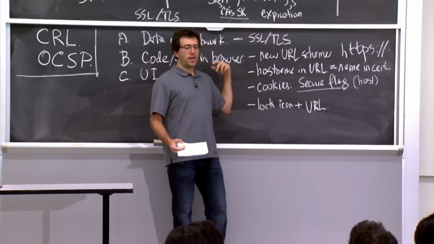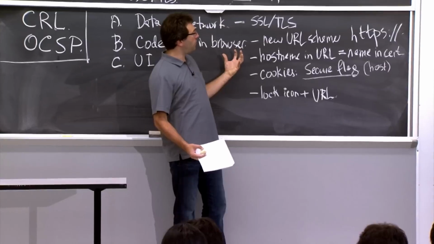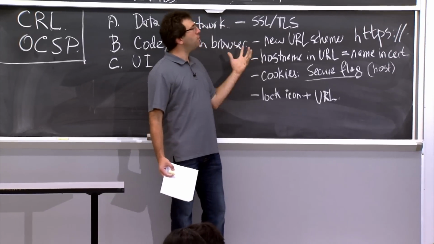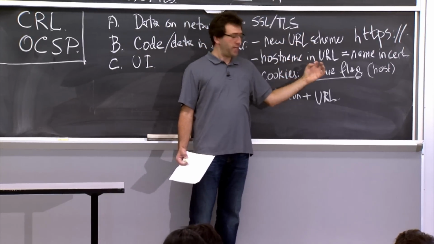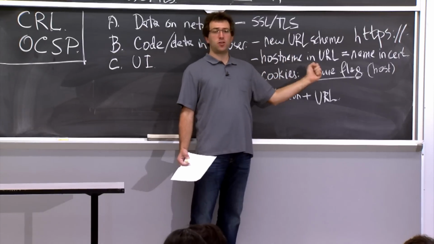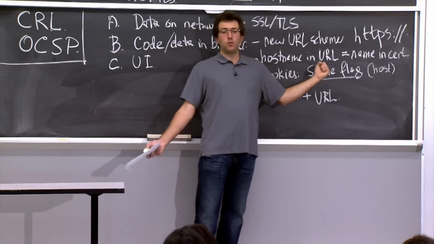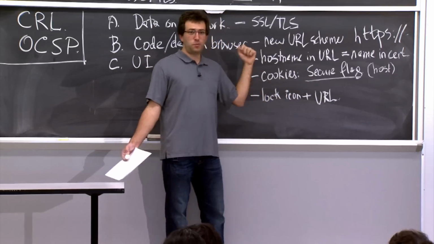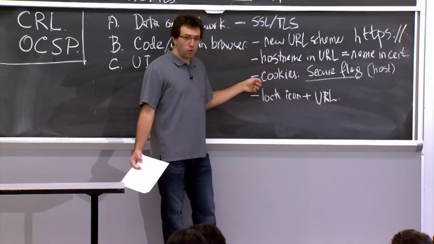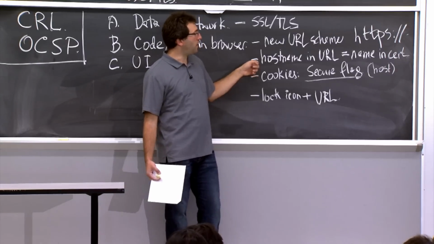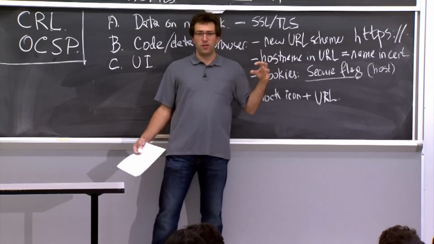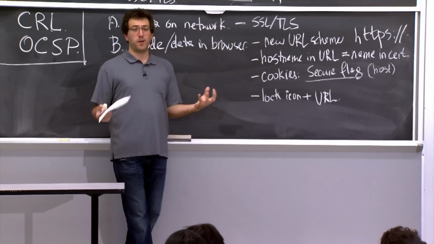So if you connect to some attacker's web server and then you just accept their certificate for Amazon.com as the real thing, then the browser will think, yeah, the entity I'm talking to is Amazon.com, so I will treat them as I would a normal Amazon.com server, which means that they should get access to all the cookies that you have for that host, and presumably they could run JavaScript code in your browser in that same origin principle.